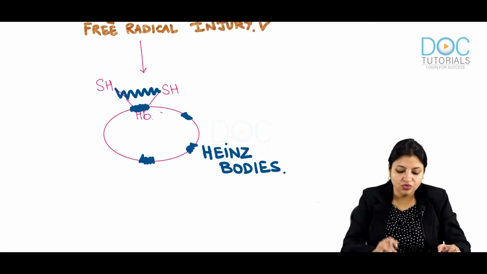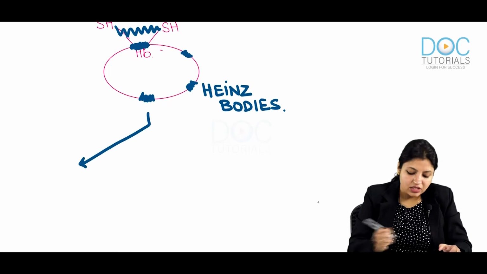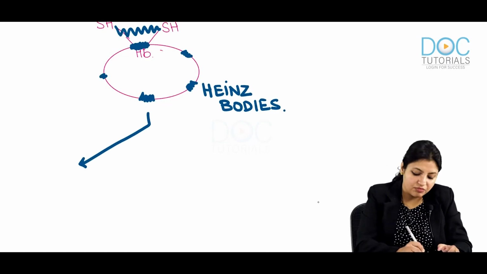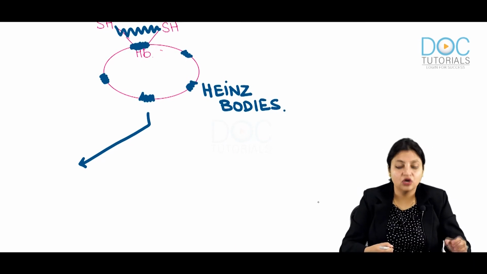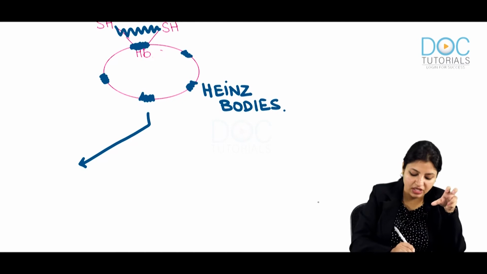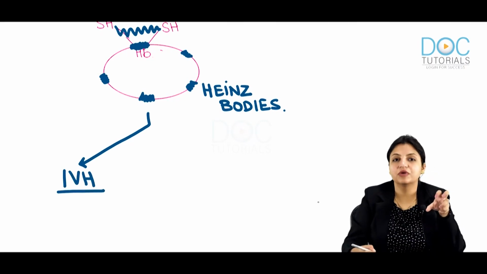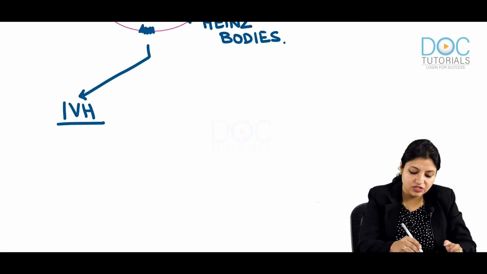So now two things can happen. One, it might be that the number of Heinz bodies is very high in the cell. So there is a lot of oxidant stress, and there are lots of Heinz bodies which are formed. So with this many Heinz bodies, the red cells are not able to bear it, and they will break down in the circulation itself. So this produces intravascular hemolysis. What does this produce? Intravascular hemolysis, and this patient presents with